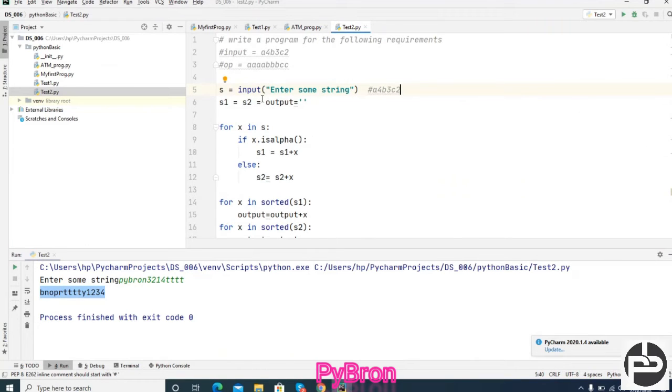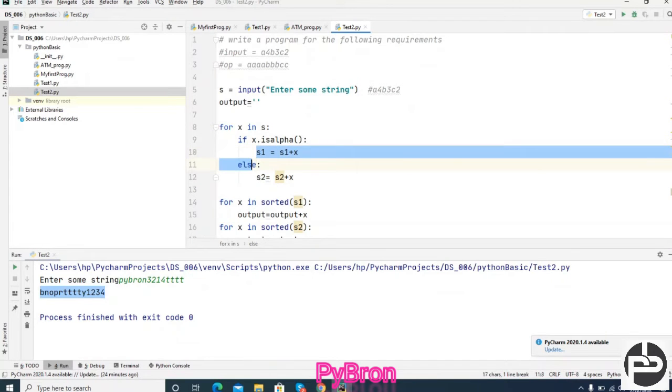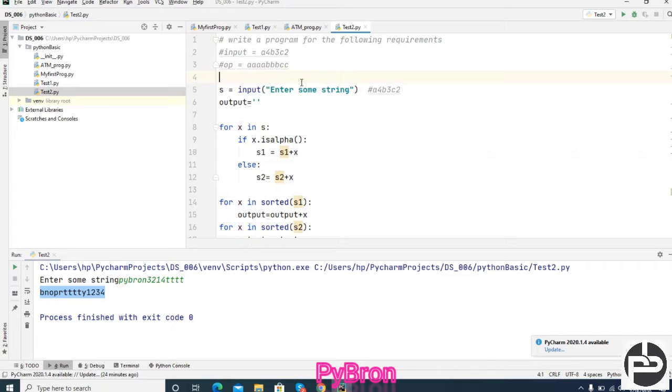Here you can keep only one output variable, no need to create three variables. Once it is done, you have to check if it is an alphabet or not. If it is an alphabet, then you have to store it inside output, because you know this concept: if we write a into 3, what output do we get? Can anyone help me? A 3 times, got it?